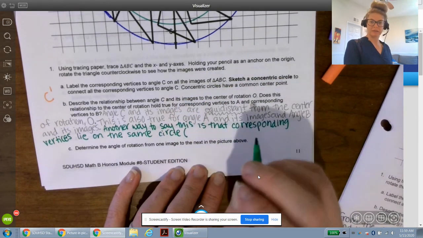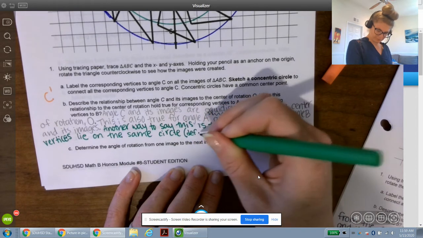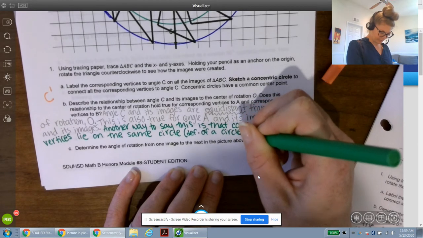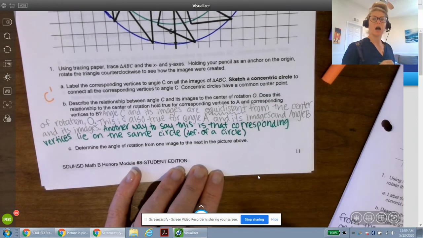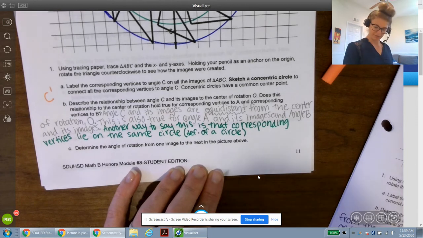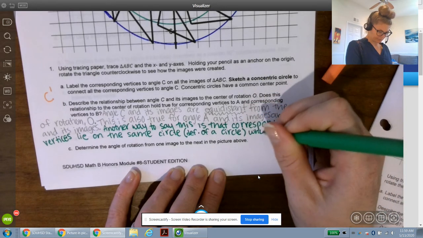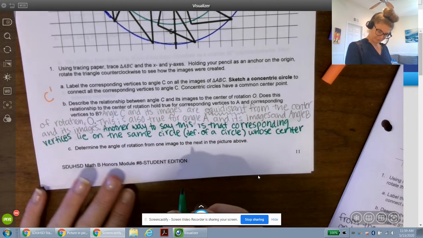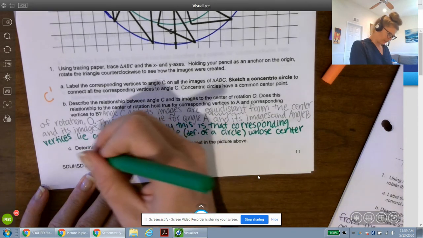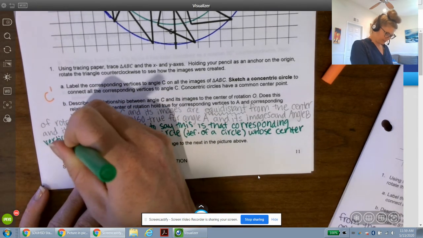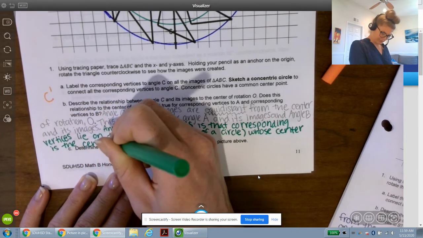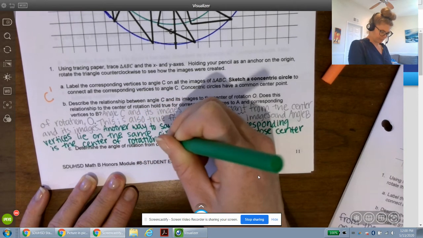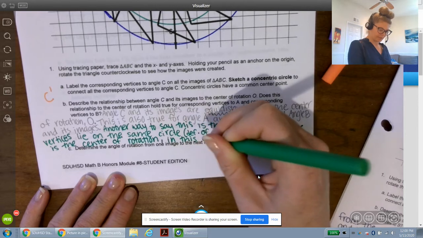You can think about the definition of a circle, meaning all points on the circle are equidistant from the center of the circle, whose center is the center of rotation. In this example,